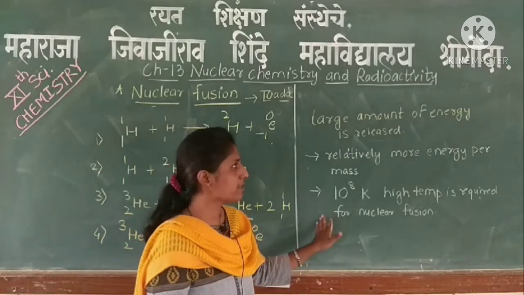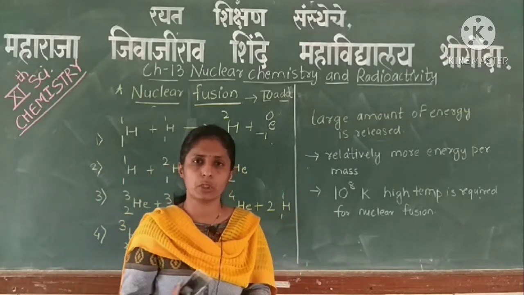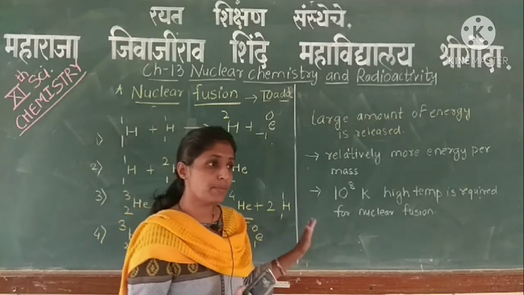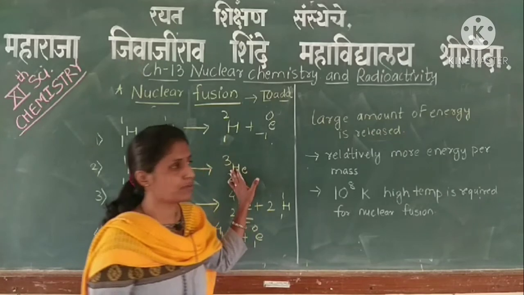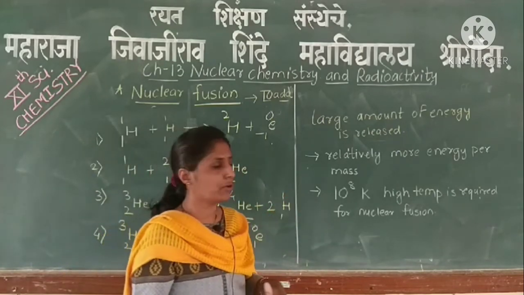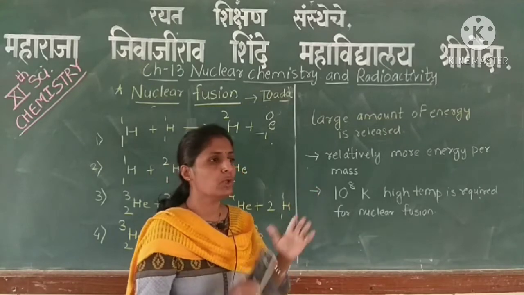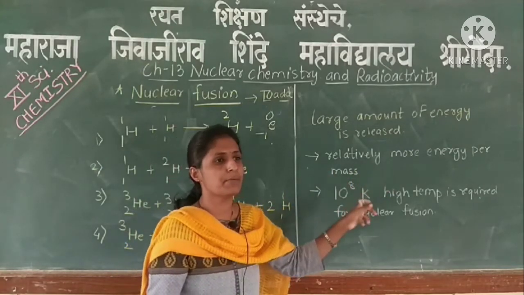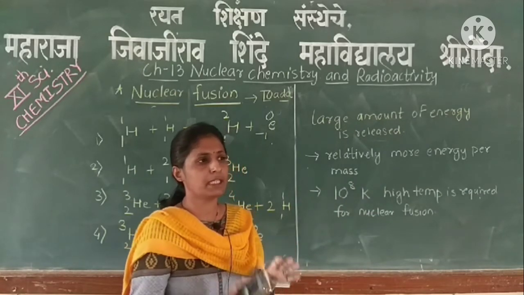If the temperature is very high, then the nuclear fusion reaction happens, and because of that we know the sun has such a high temperature and this reaction is possible there, and that's why we get more amount of energy. So we can say nuclear fusion is favorable because it gives more energy per mass. If we take 1 kilogram of some fuel,